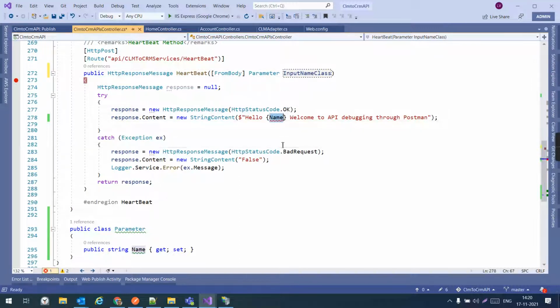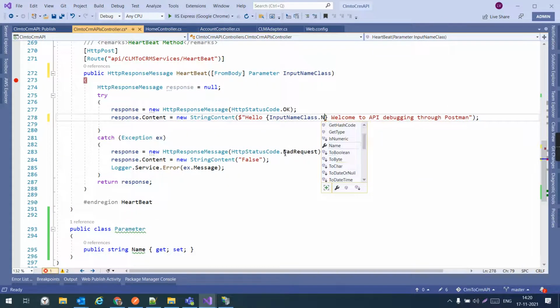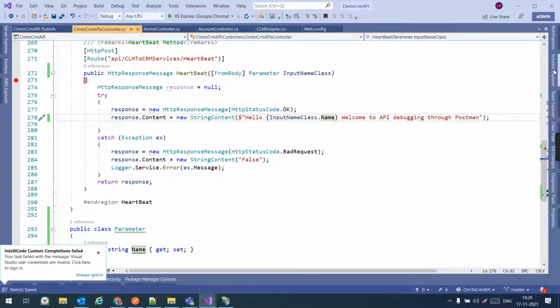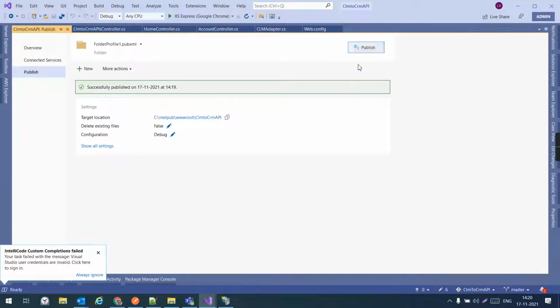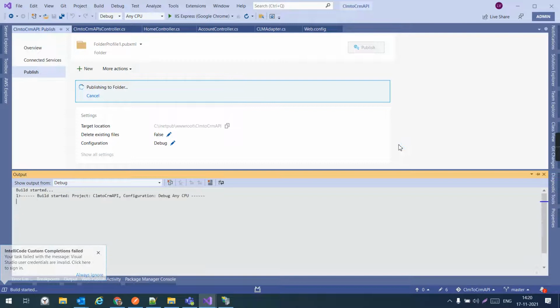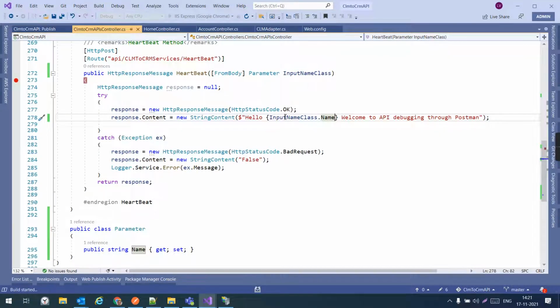So from this we need to access input name class dot name. Like this we need to change. Let me again publish to our localhost. I'm sorry, I forgot the change, because until we do the change we cannot access this.